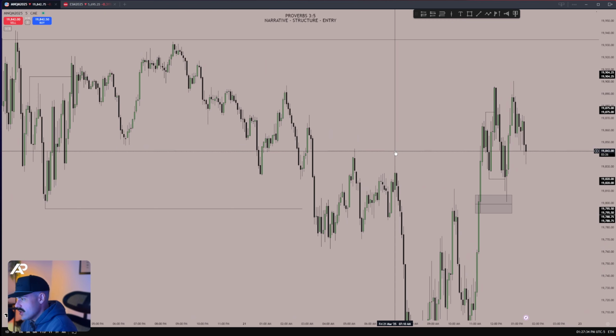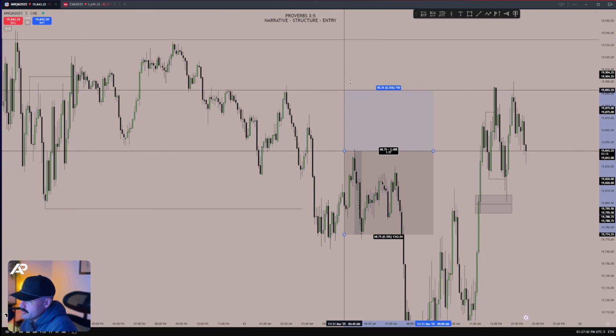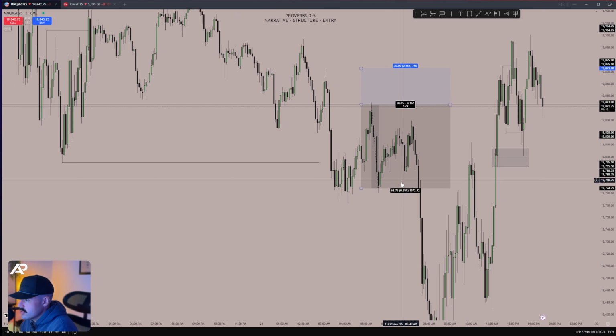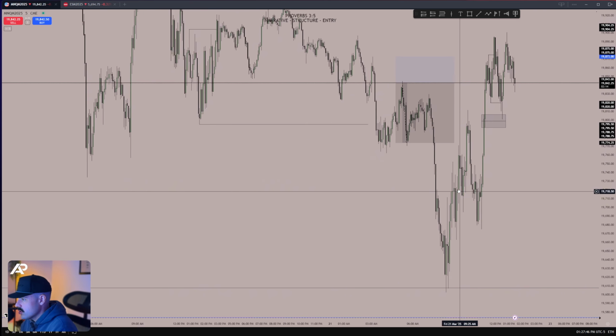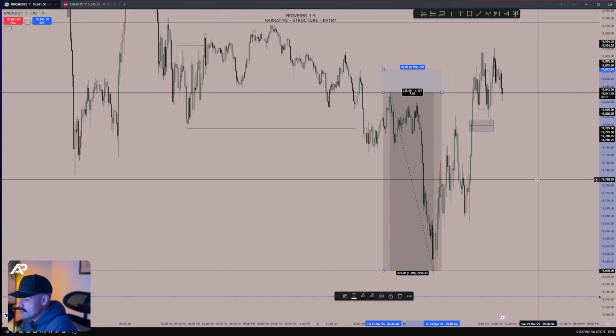Well, this line right here at 19,843 is what? The high time frame 0.41. Where could we look to get a limit short? Either you could have your stop up here, or your stop up here, right? You could get a limit short there. What can we be targeting? Well, Yeet. Ooh,